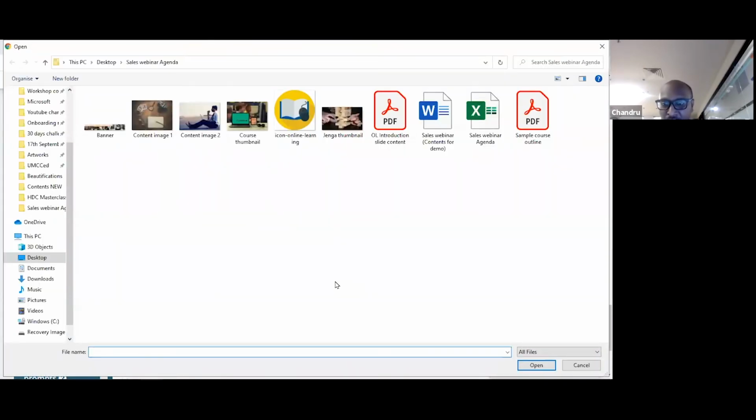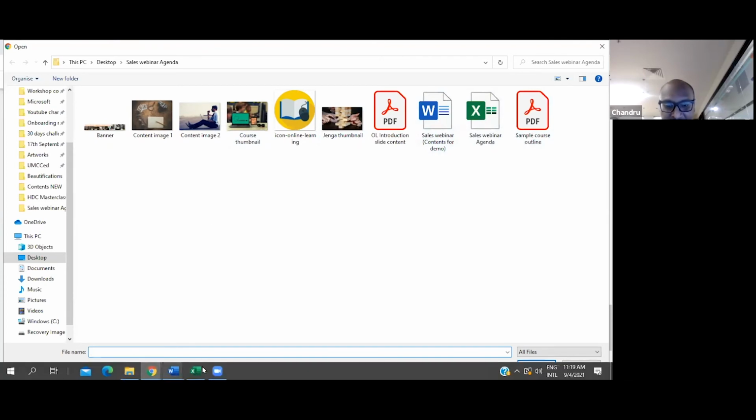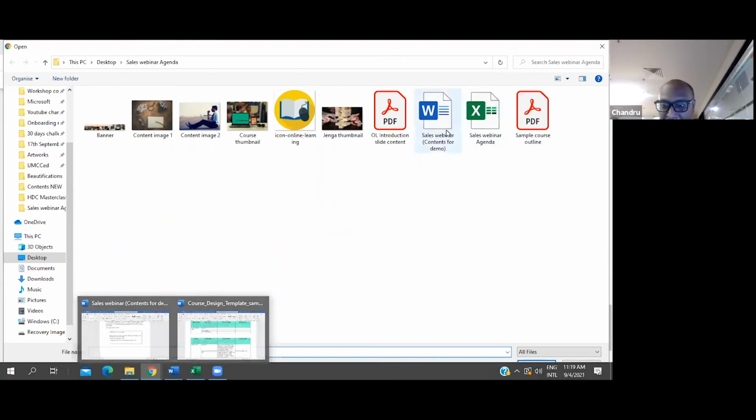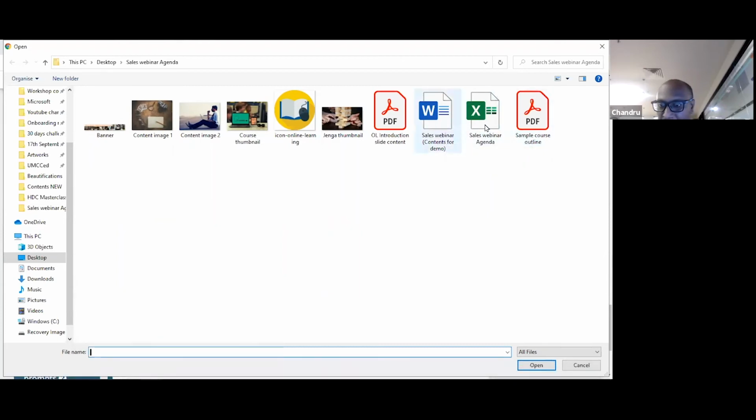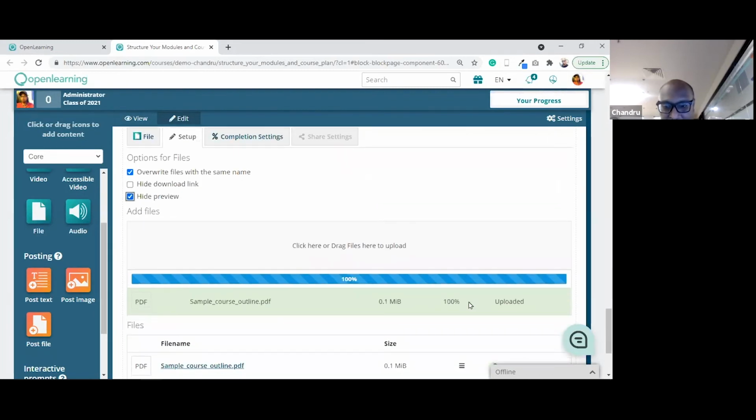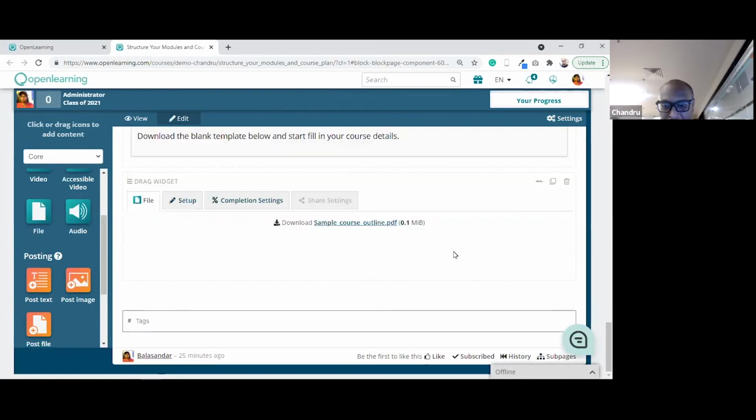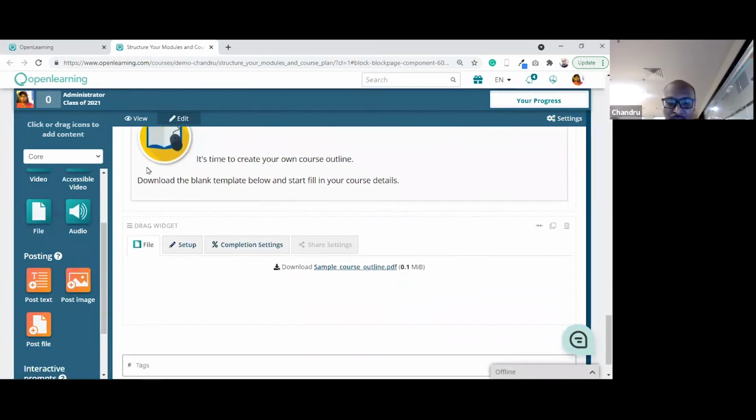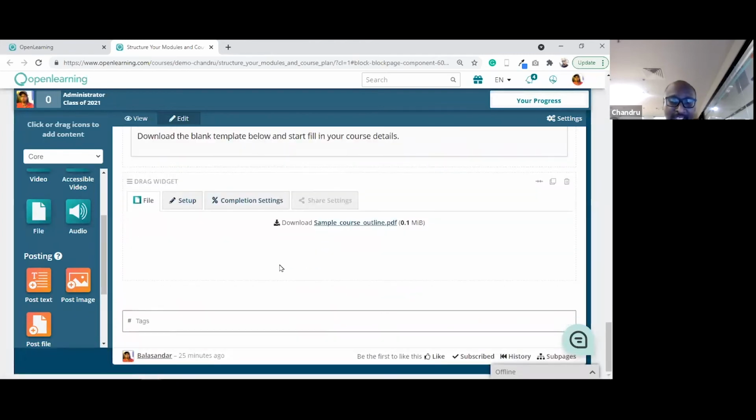So in order for students to download the image, okay. All right, do this. So I'm going to hide the preview. Okay, so there's an instruction and there's a sample template for the student to download, and then they can fill in